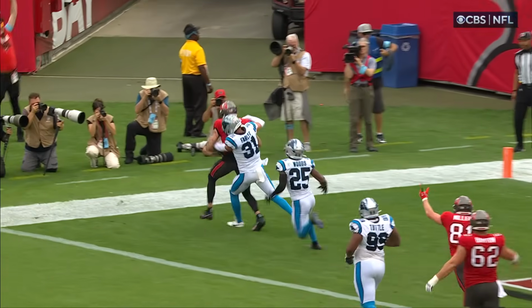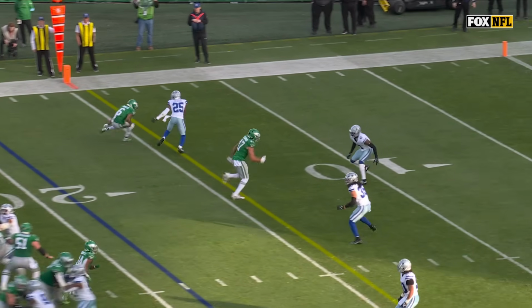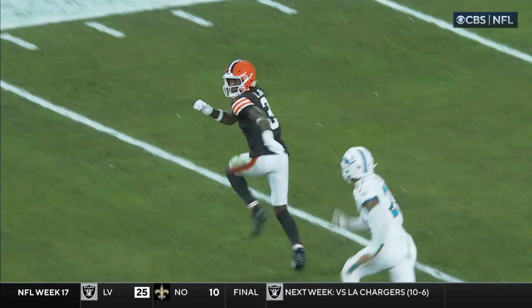See that route there by Mike Evans? There's not much. Watch this route. Watch the outside release. He bursts. It looks like a fade. He gets Andrew Booth down on him, and he's able to make this throw as we're looking at the route